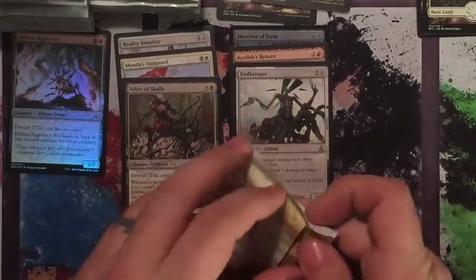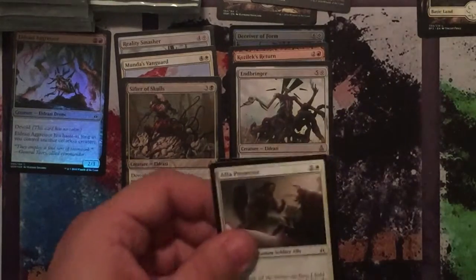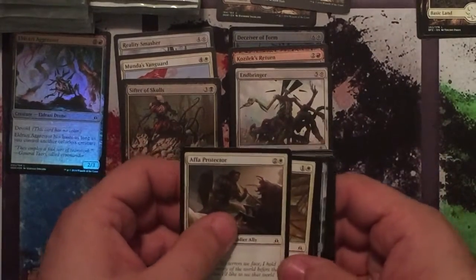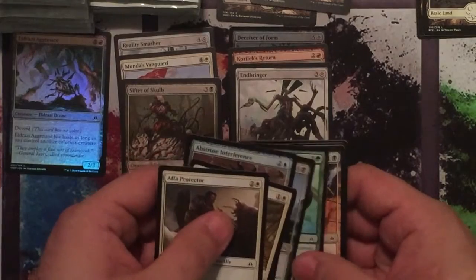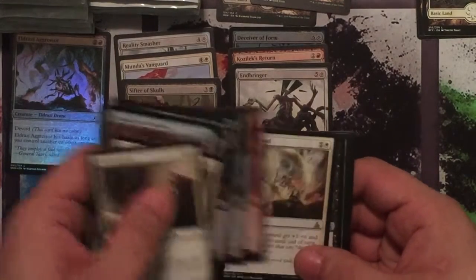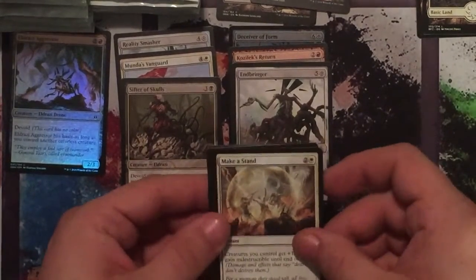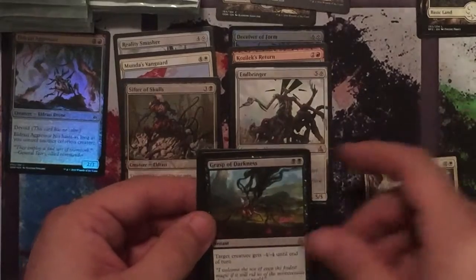All right. I think Endbringer is good though. Yeah. Definitely unlimited bomb. Definitely first pickable. One of the things I really like about the colorless is if you first pick a colorless card, you're not pushing yourself into a specific color right away, and you're leaving yourself open for options for your next pulls. Make a Stand, Grasp